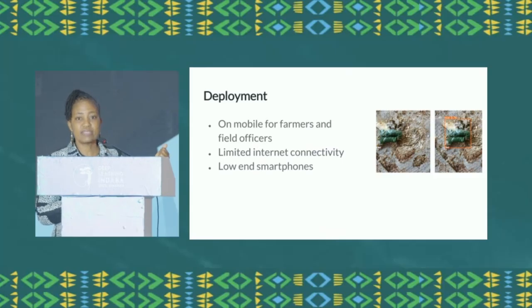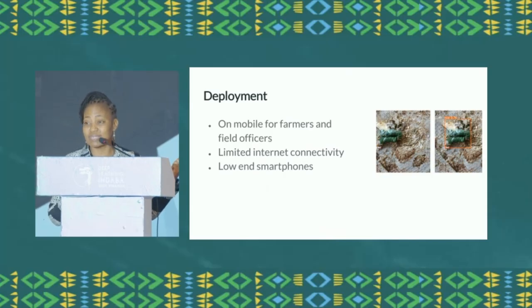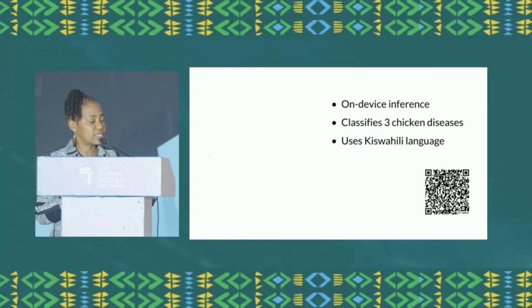This was the feedback from farmers: we cannot have our internet on throughout. It's very expensive to have the internet on throughout for inference, and also even getting responses on the chatbot. So we had to think fast. How do we keep our solution available to these farmers that have limited internet connectivity? So this led us on to